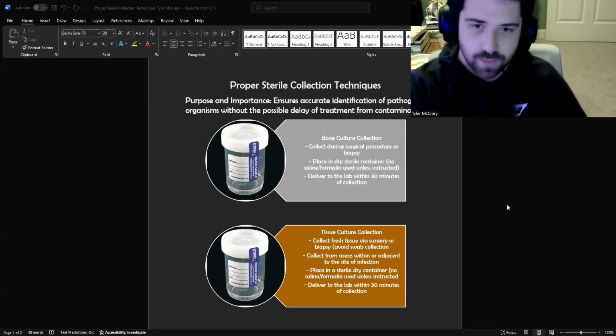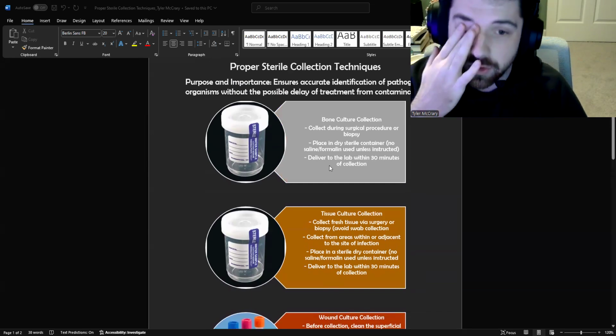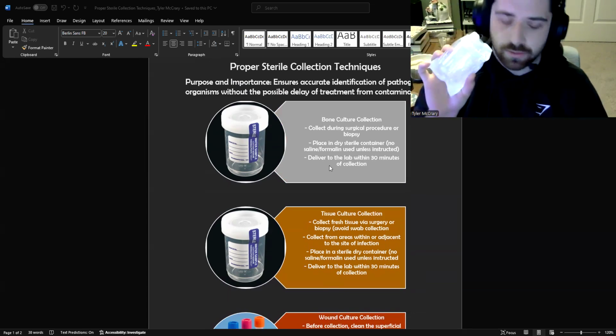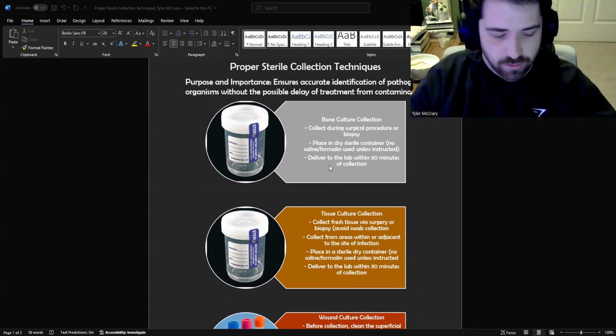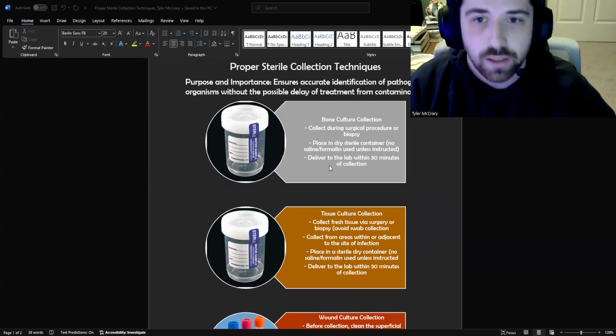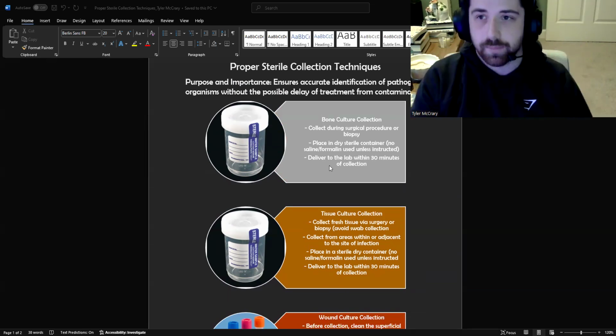So this is my little pamphlet I made, and I'm just going to be referencing this throughout. I have different sources for collection that I'm going to go over for different types of cultures. So firstly, with bone culture collection, at my hospital, this is done during surgery or other biopsies, and